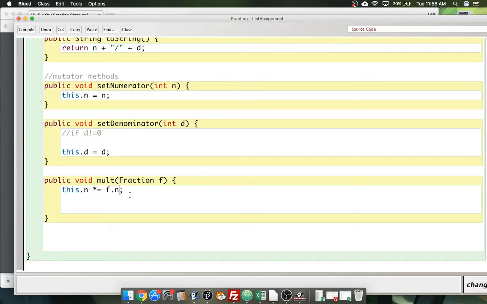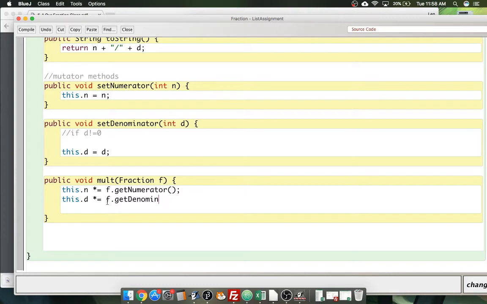As it is, people still tend to use the accessor methods because they can take advantage of that built-in error checking that might be supplied, or whatever streamlining that might be supplied by them. Our getNumerator and getDenominator are not very special, so it's your choice how you want to do that. Of course, the same thing with the denominator. We're going to multiply our existing denominator with the fraction's denominator,